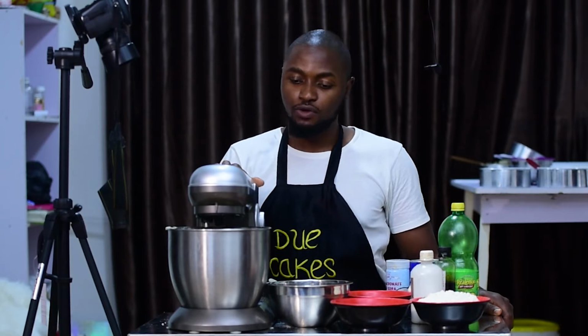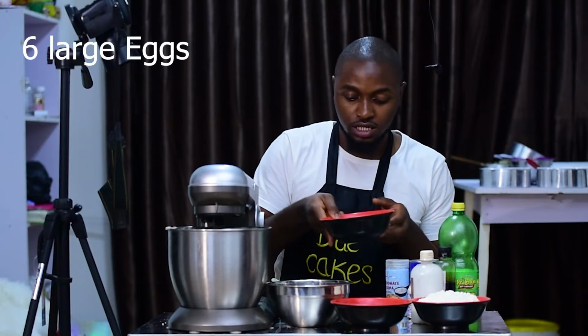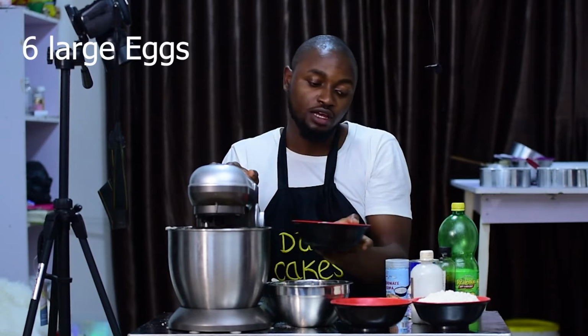So you see that periodically I was scraping the mixer bowl just to make sure the butter and sugar mixes properly. By the way guys, it is 250 grams of butter and 600 grams of sugar, or 1 cup of butter and 3 cups of sugar. So at this stage you're going to proceed with adding your eggs. Make sure you look at your eggs thoroughly so you don't put in any yolk inside. Then you're going to mix for a while so it will mix properly before you add your water and your dry ingredients, your flavor and